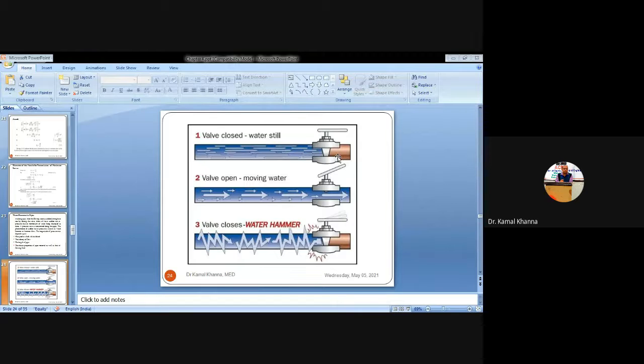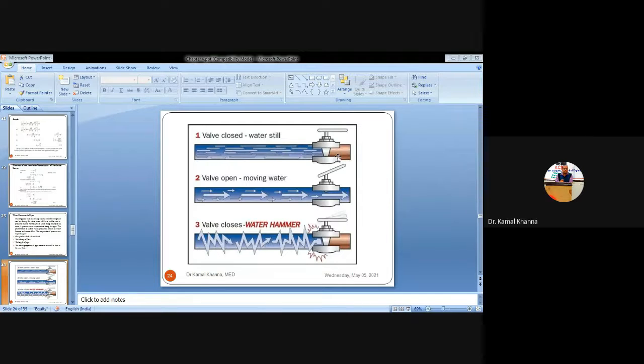The magnitude of the rise of the pressure depends on some points, like the speed at which the gate valve is closed. It should be closed gradually so that the momentum of the water is not destroyed, there is no generation of noise, and the water does not suddenly move in the backward direction.